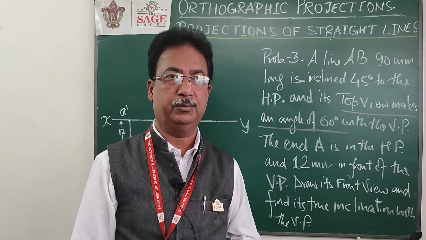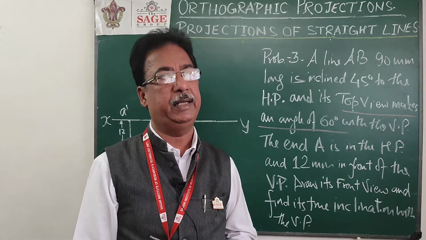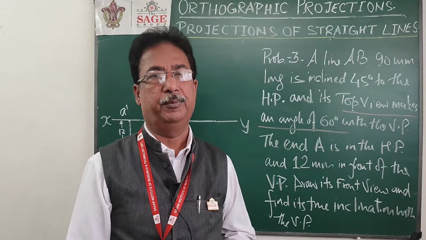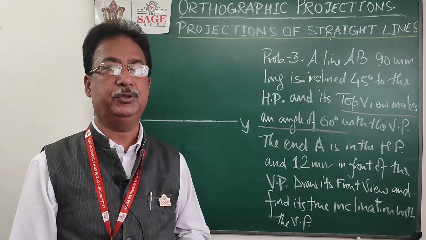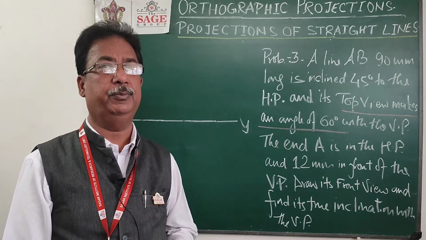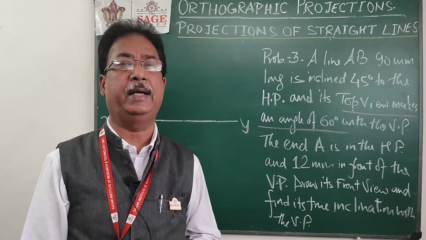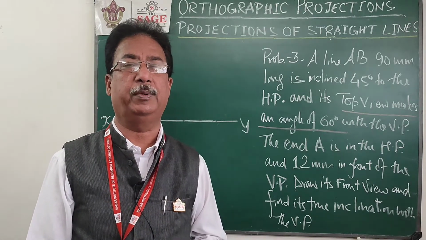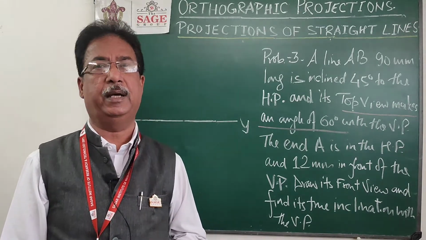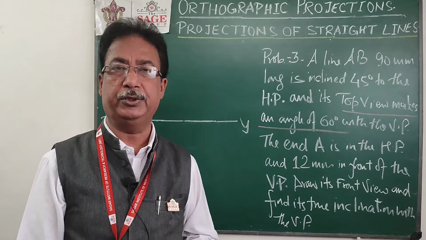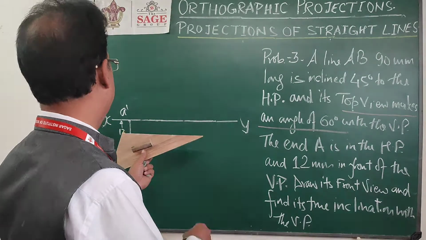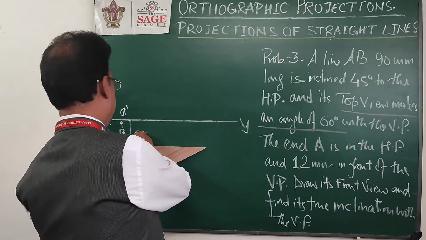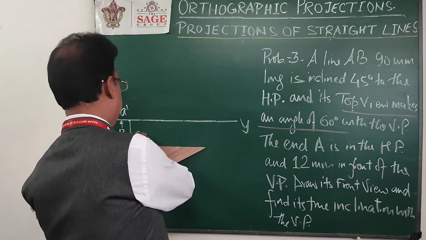फिर से याद दिलाता हूँ आपको कि अपन ने बात की थी कि जब भी लाइन इंक्लाइन टू बोथ द प्लेन होती है, प्रॉब्लम को हम नंबर ऑफ स्टेप्स में सॉल्व करते हैं. और पहला स्टेप हम क्या सपोज करते हैं, अगर ट्रू लेंथ गिवन है प्रॉब्लम में, तो पहला स्टेप सपोज करता हूँ मैं कि सब माई लाइन इज पैरेलल टू बोथ, मेरी लाइन दोनों प्लेन के पैरेलल है. और आप जानते हैं जब पैरेलल टू बोथ द प्लेन होती है तो दोनों व्यू में ट्रू लेंथ शो करती है और दोनों व्यू में एक्स वाई के पैरेलल विजिबल भी होती है. तो सबसे पहले मैं लाइन बना रहा हूँ दैट इज पैरेलल टू बोथ द प्लेन.